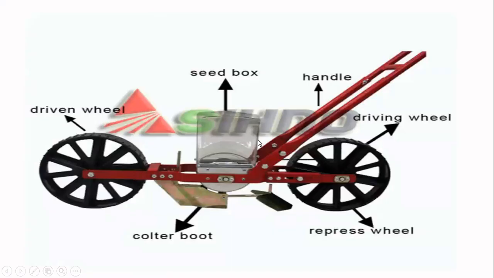You can see, here is a very simple one. Driving wheel: I told you, this is the ground wheel. This is the driven wheel. This is the driving wheel. The driving wheel is the ground wheel. Sometimes if you pull it, okay, otherwise you will couple the motor. The motor will rotate this wheel. This wheel is the front wheel, the driven wheel. This here doesn't have power, the hopper.